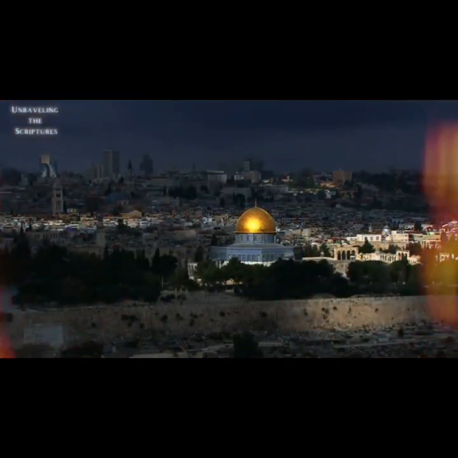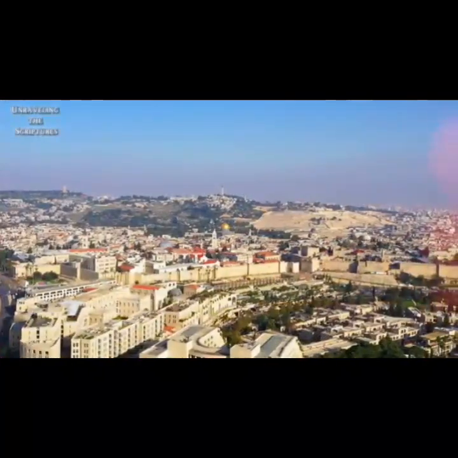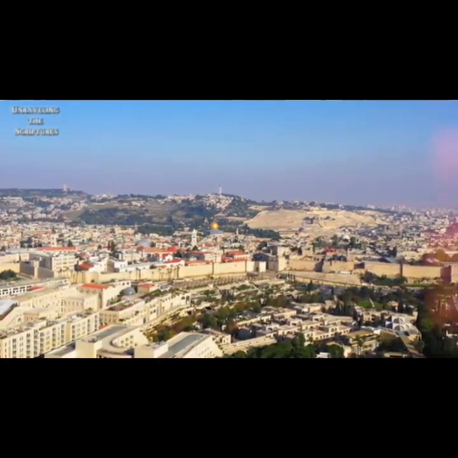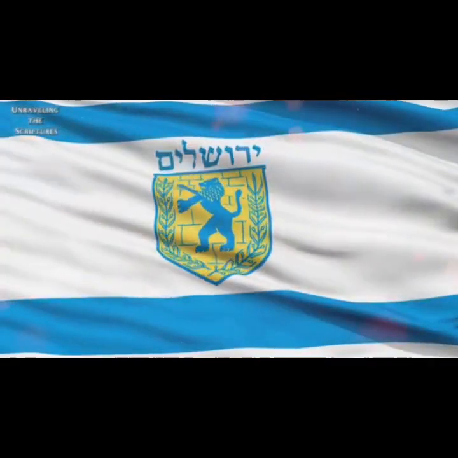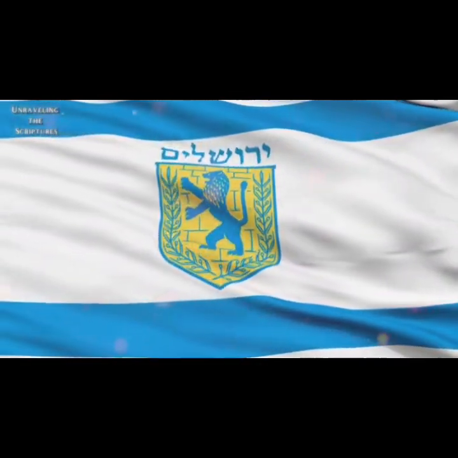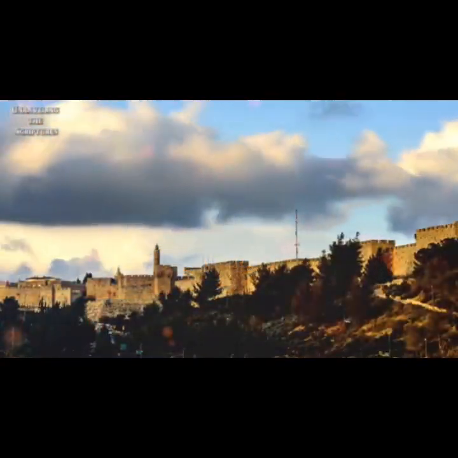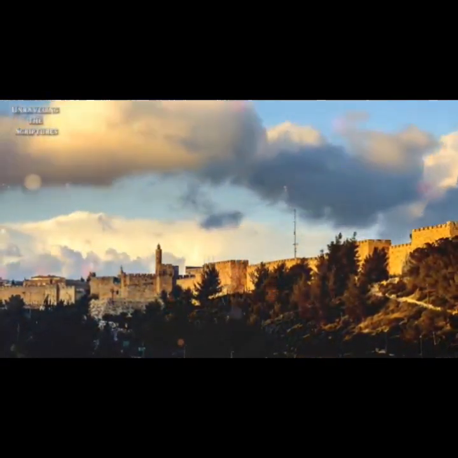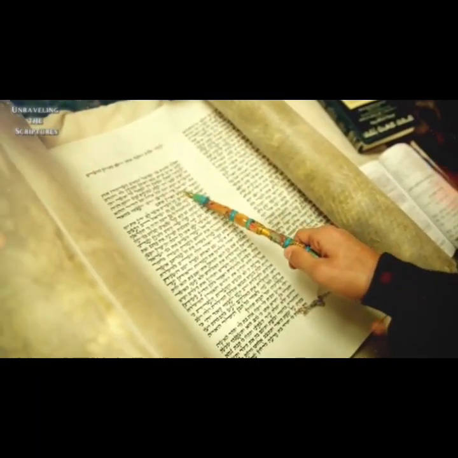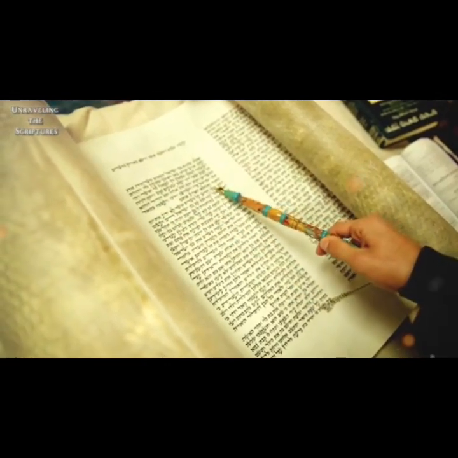This explains the evolution of the tribe's symbol into the lion, which, by extension, also became the emblem of the entire city of Jerusalem, as it was located within the territory of the tribe of Judah. The flag of Jerusalem displays the Lion of Judah in the center, with the inscription, Jerusalem, in Hebrew, pronounced as Yerushalayim above. This area retains the name of the tribe of Judah to this day, known as the Judean Mountains. Furthermore, the predominant religion of the people of Israel today is Judaism, which also derives its name from Judah.